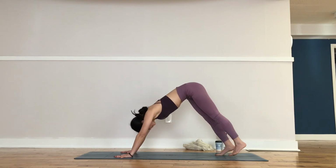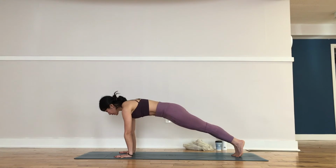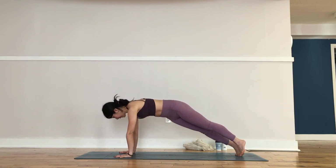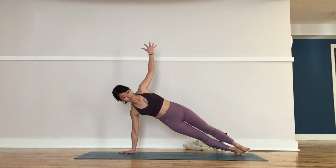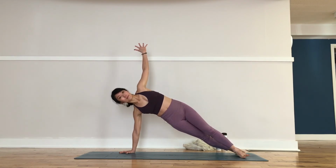And on your next inhalation, shift your body forward to high plank and keep your feet together. And slowly roll onto the knife edge of your right foot to side plank. Stack your two feet on top of each other. If this is a little too much for you, you can place your left foot forward in front of your